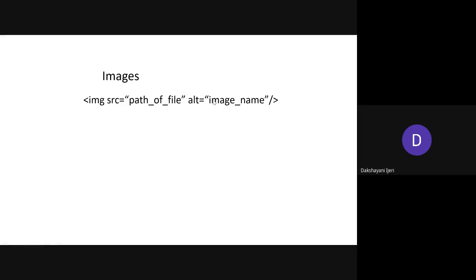Okay, so one more case is, in some browsers, if you move the cursor on that image, it is going to show the information that you included in the alt attribute, right?